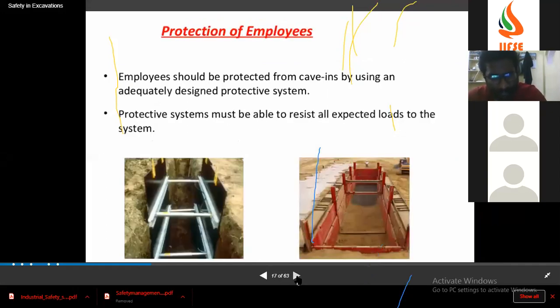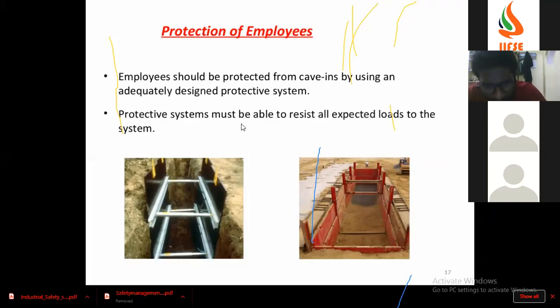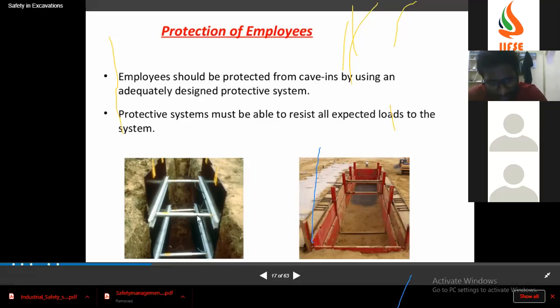See, this is the system to resist. This is the shoring technique. Okay, so we have discussed sloping, shoring, and shielding, right? This is the shoring technique. Shoring means the adjacent sheets will be separate, and between the adjacent sheets there will be some means of supporting systems. Here you have steel bars as a supporting system.